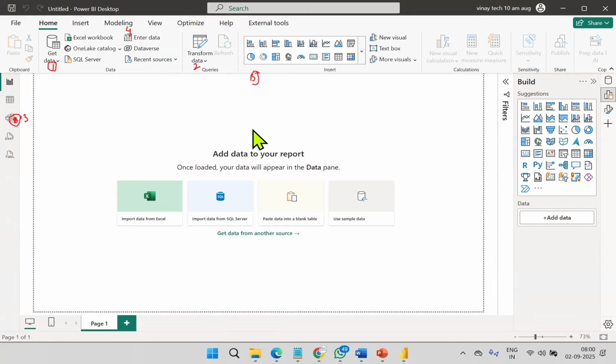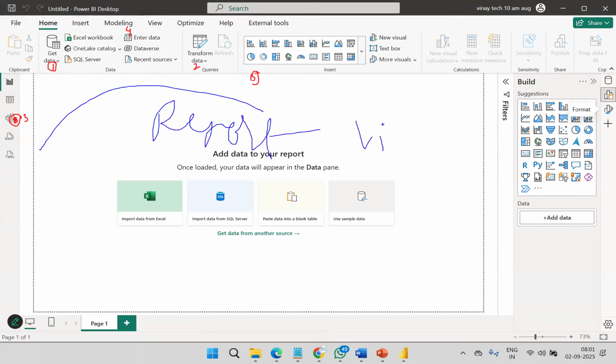Two things you need to remember while generating a report. First one, 1, 2, 3, 4, 5, step-by-step process. Second one, a visual. While working with the visual, first identify the visual. Second, take the data. Third, format. Along with this process for each report, while working with a visual you identify, data you take, format you mention, VDF, visual data format. This rule also you need to follow.